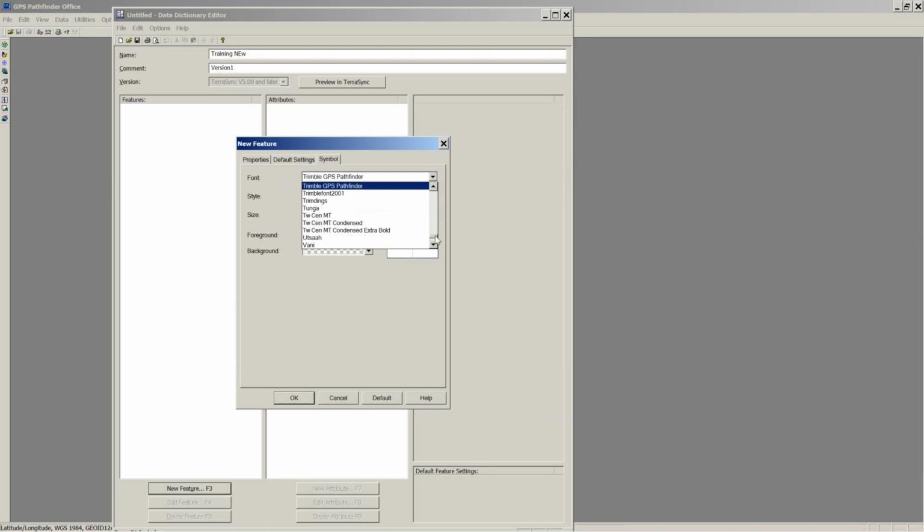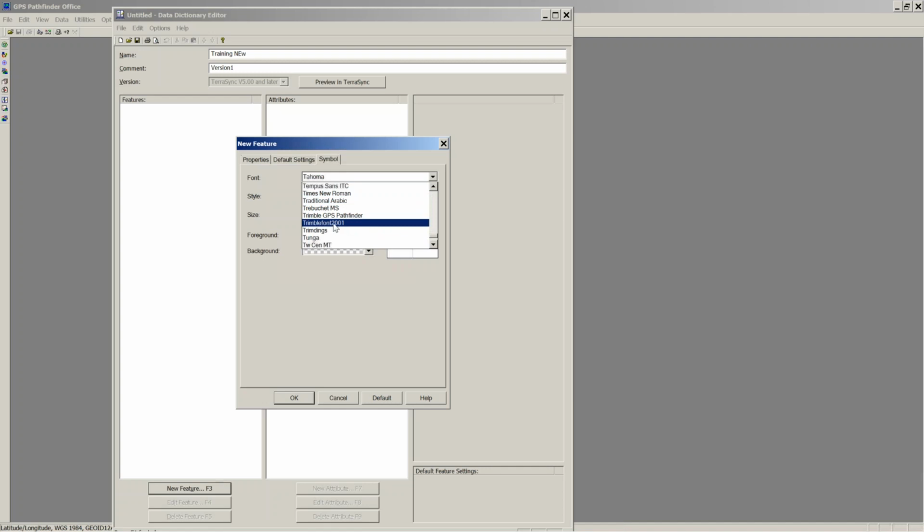If you have Esri or other software installed, you can go in this font list and see all kinds of fonts. So here we have Esri's fonts. There's a ton of Esri fonts, and you can change these symbols around. I'm not even sure what plants would be under. Maybe, I don't know. Those are just big signs. We can change it around. But anyway, if you have other software installed and they come with their own fonts, you can use those different fonts. I'm going to keep it simple and stay with the Trimble,